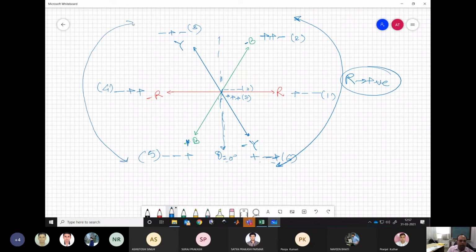And for these three vectors, we have R negative. So minus, minus, minus for all three states. Is that clear? Yes, sir. And this should be, why? Because when we start from 0 up to 180, we are in the positive half cycle of the R. And then we are in the negative half cycle of the R. Are you able to see? So in the positive half cycle, we have R positive, and in the negative half cycle, we have R negative.